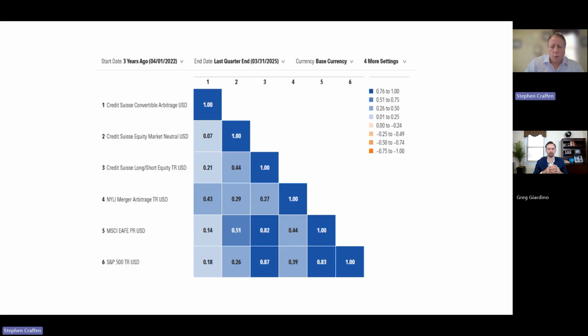One great way to look at this correlation table, by the way, is to say that the darker the color, the greater the correlation. Now, everything's correlated to themselves. That's why you see all those ones there, and those are the darkest. But you'll see that the lighter the shading, the lower the correlation. And when you see this, that means that there's potential to improve the efficiency of your portfolio by including that asset in your portfolio. And that's how correlation is useful.